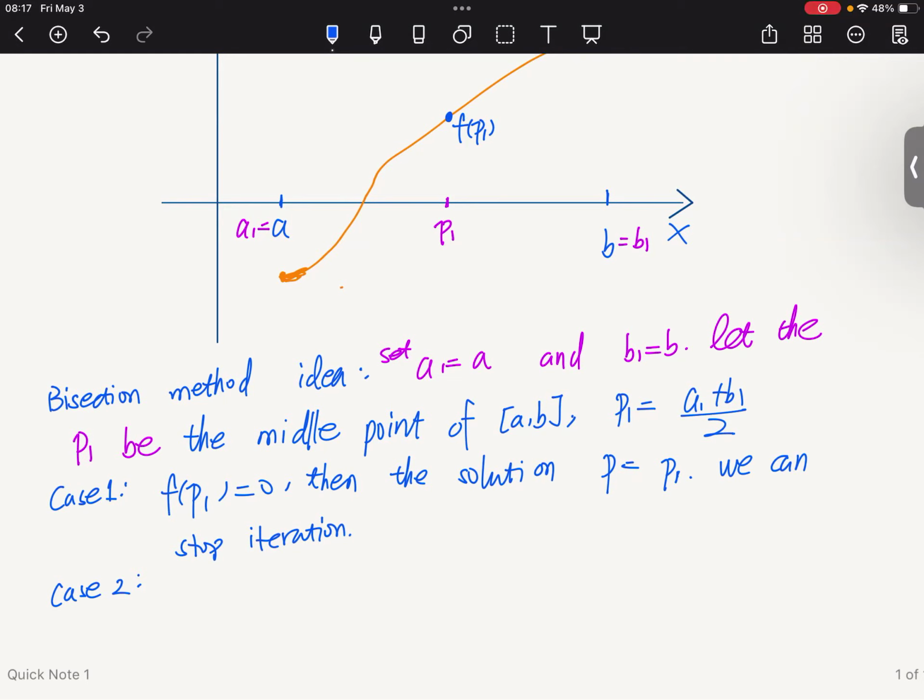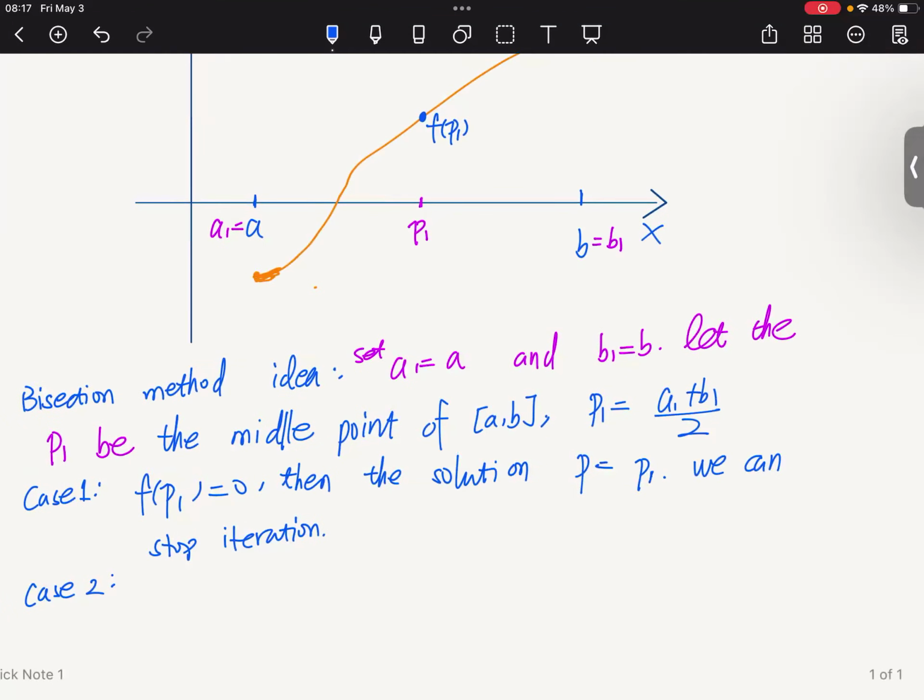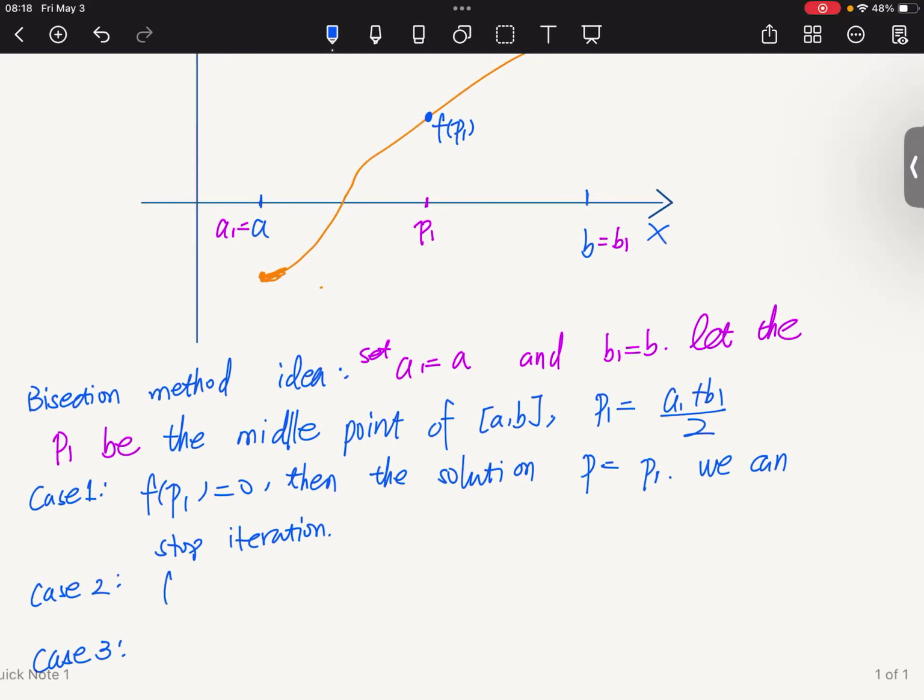And so there are 2 cases. Either the value at this point has the same sign as this one, or this value has the same sign as FP1. And so there are 2 cases here, and we have case 3. Either the FP1 and the FA1 have the same sign,